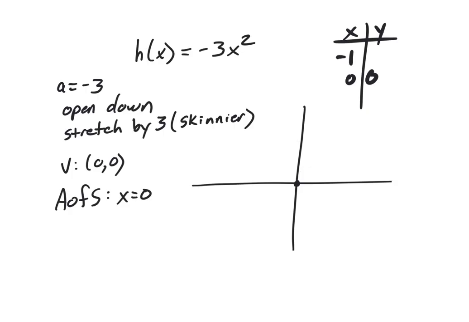And I don't necessarily care how far away you get. So like here, I'm going to go a point to the right and a point to the left, so I'm going to go -1 and +1. You can do this in your calculator, okay? I don't have a problem with that one bit. You can go to your calculator, type in -3x², go to your table, and generate the points that way. But I want you to generate some points one way or another, okay? Just so we know kind of where this is going to be. And so if I were to plug in -1 here, or a +1,